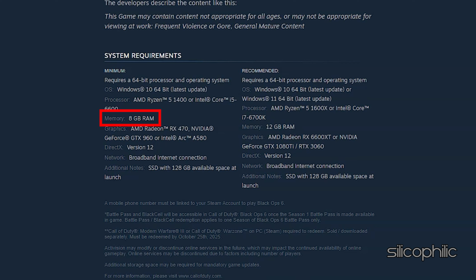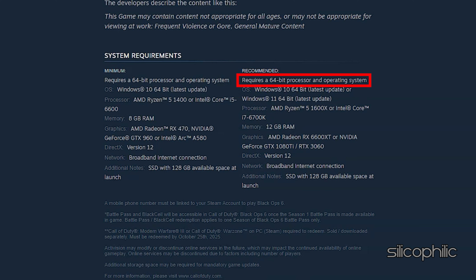Memory 8GB RAM. Graphics AMD Radeon RX 470, NVIDIA GeForce GTX 960 or Intel Arc A580. DirectX version 12. Network broadband internet connection. Additional notes: SSD with 128GB available space at launch.